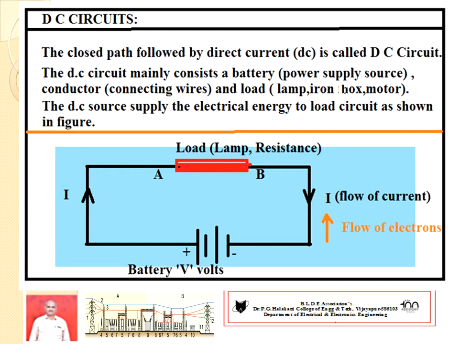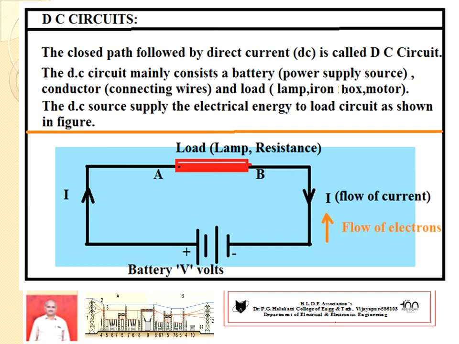So very first, Module number 1, Part A, DC circuits. What do you mean by DC circuit? It is the route taken by the flow of DC current. If the circuit is closed, then current will flow. That means the route intended or taken by the flow of DC current is called a DC circuit.